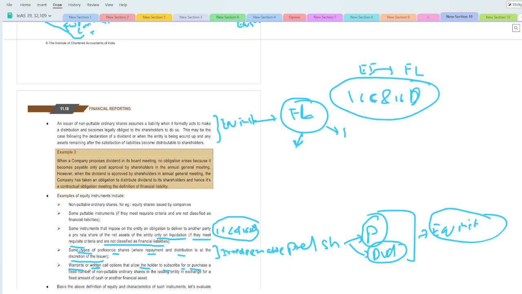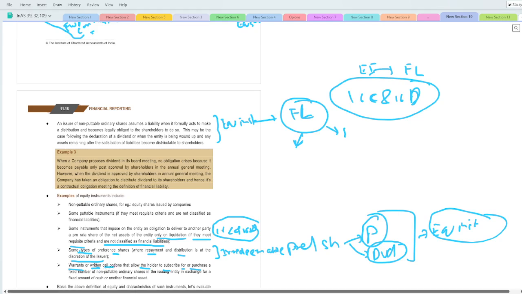So the warrants or the written call option that allows the holder to subscribe for or purchase a fixed number of the non-puttable ordinary shares in the issuing entity in exchange for a fixed amount of cash or another financial asset. ठीक है, ये जो मैंने एग्जांपल दिया था कि रिटर्न कॉल ऑप्शन और वारंट में जहाँ पे होल्डर के पास राइट्स होते हैं उसको एक्सरसाइज करने का। ठीक है, जैसे ही वो एक्सरसाइज करेगा तो इसमें क्या होगा,